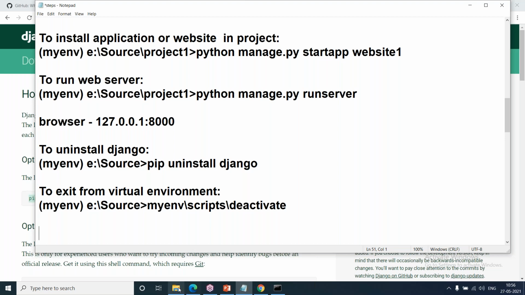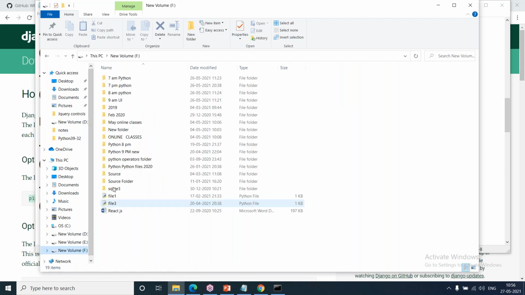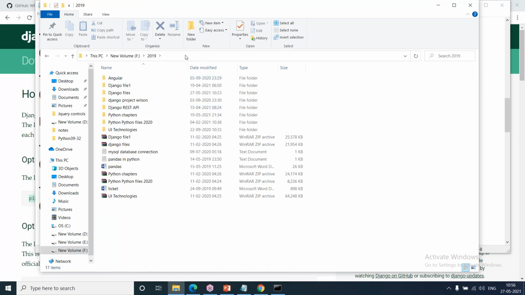So that project is also there. If you want to see, it is a business application only. It means it can be used in colleges and universities to maintain student details and other information.